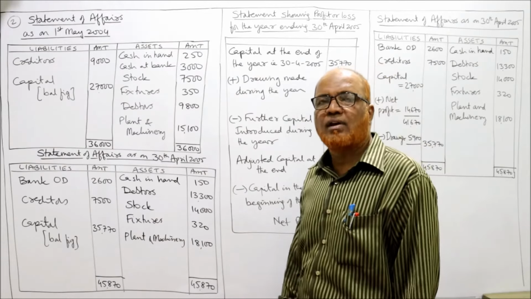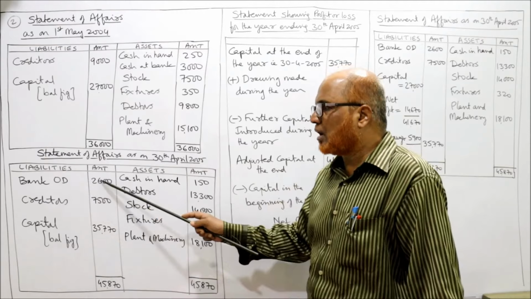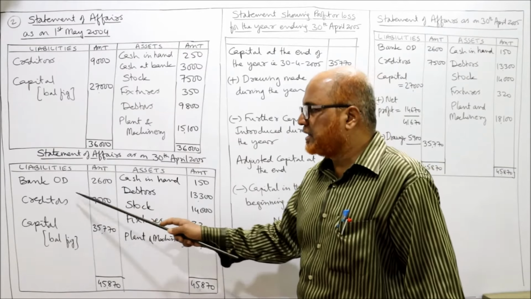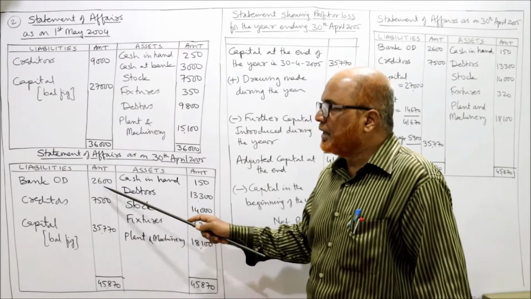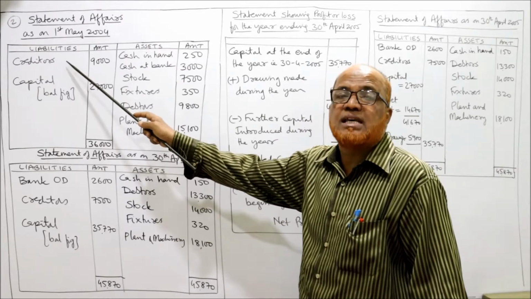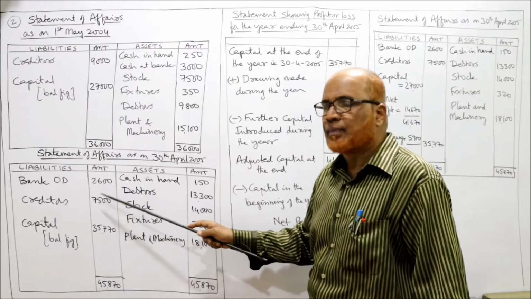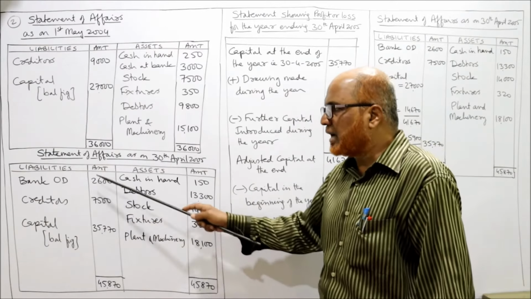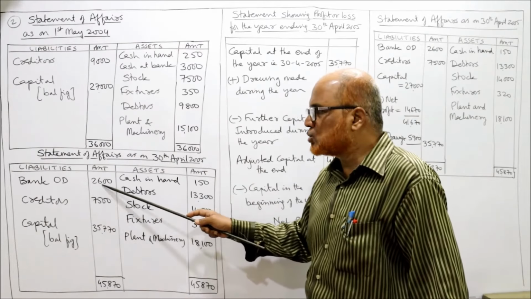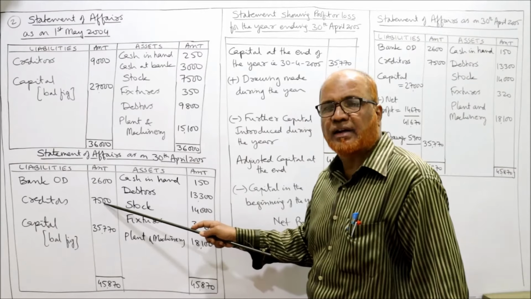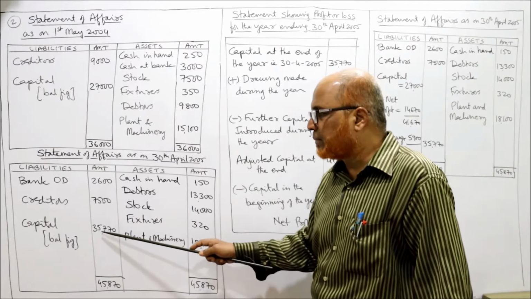Now at the end of the year, we have two liabilities: bank overdraft 2,600 and creditor 7,500. At the beginning of the year, only one liability was there, creditor. At the end of the year, we have two liabilities, bank overdraft and creditors. Take the total of the assets minus the two liabilities, minus 2,600 minus 7,500. The balancing figure, capital, we got